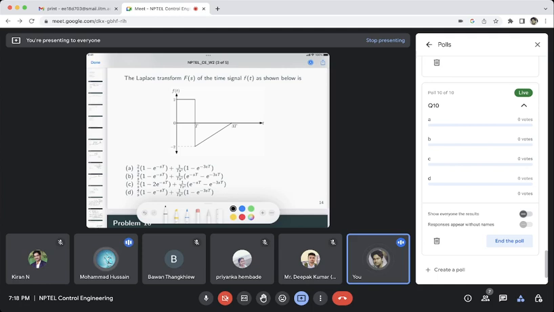Like 2 times u(t). So you can see a step function and some kind of ramp function, that is the linearly varying function. So can you express this as a summation of simple functions, the unit step function and a ramp function? Then you can find the Laplace transform. One formula we will use for that is: if the Laplace transform of f(t) is F(s), then for f(t minus tau) u(t minus tau),